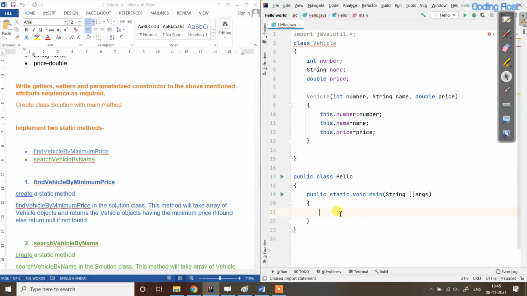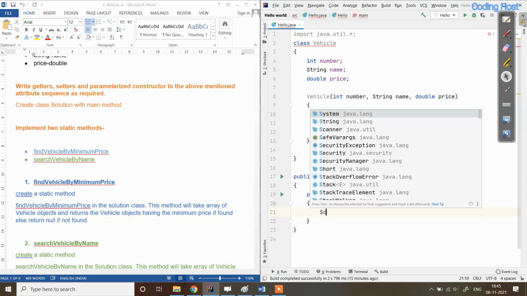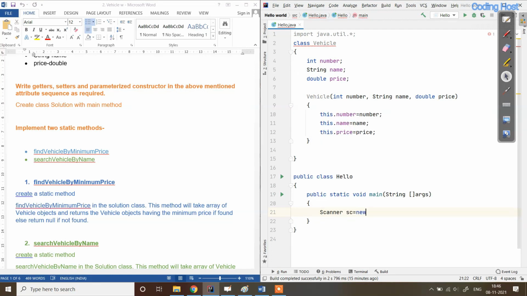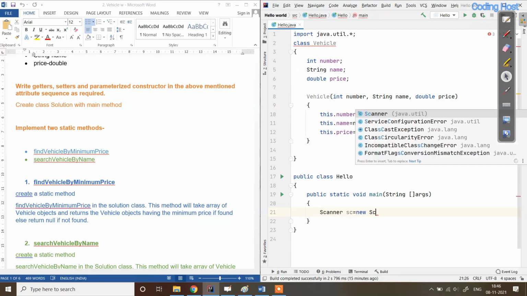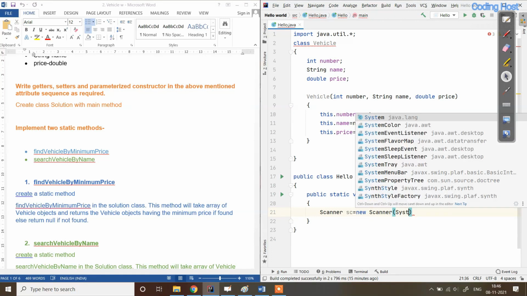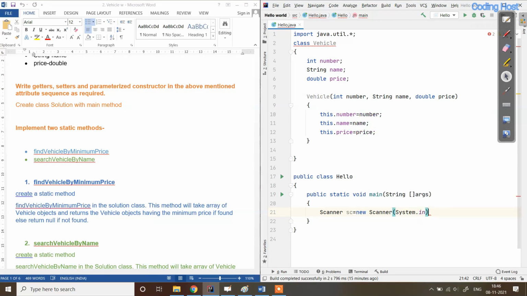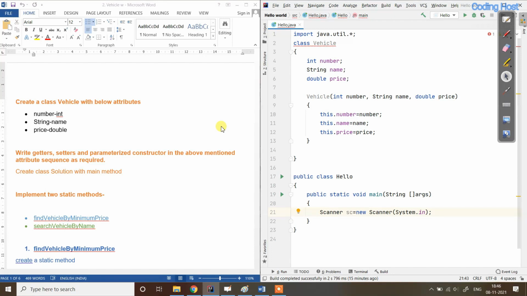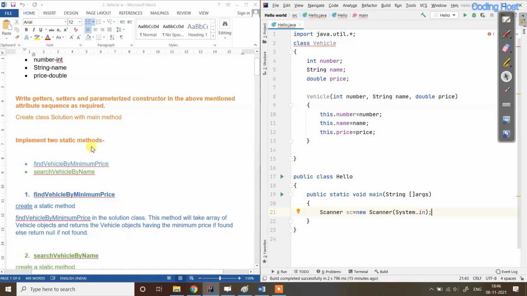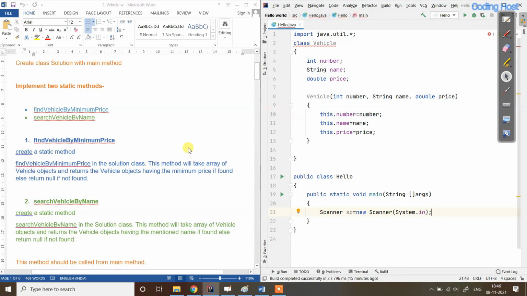Now in this main method I will make a Scanner s = new Scanner(System.in). In the exam they will explain what steps you have to take, like which class you have to make and what static methods you have to take.